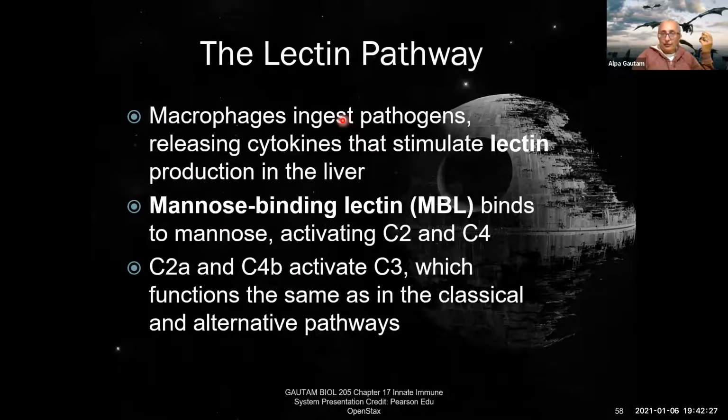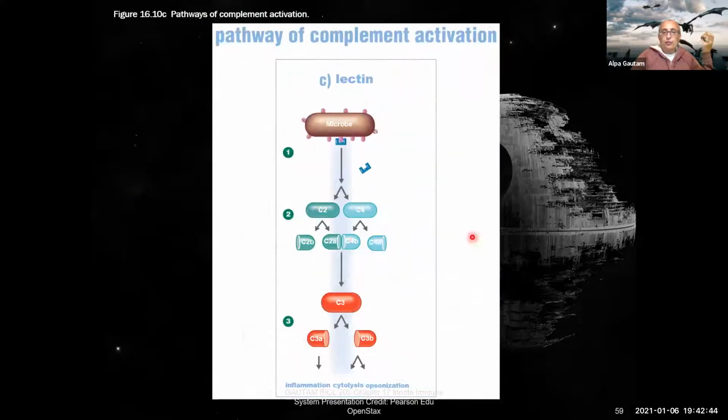So lectin, right, that's produced by the liver because of the presence of this cytokine. Lectin can bind to mannose, right? And when lectin binds to mannose, it activates proteins C2 and C4. So here's the microbe. Here is lectin. Lectin binds to the mannose that happens to be present on this microbe. When that happens, C2 and C4 are activated, and you notice it's the same thing again, right? Same pathway. So anything past C2 and C4 getting activated, everything else is the same for the three